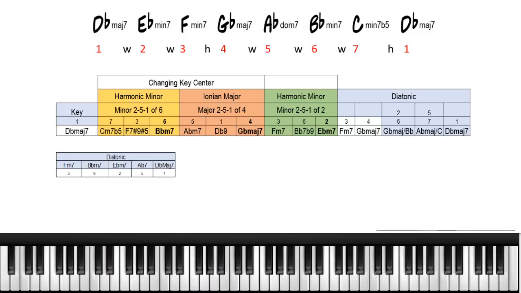The last one would be actually diatonic to the scale of D flat, where you would play a 3-6-2-5-1, where all of those chords belong to the key of D flat. So you could end it with an F minor 7 to a B flat minor 7 to an E flat minor 7 to an A flat minor 7 to a D flat. So it would be